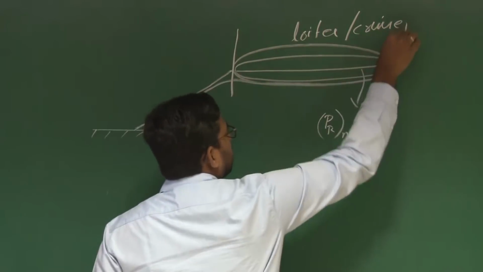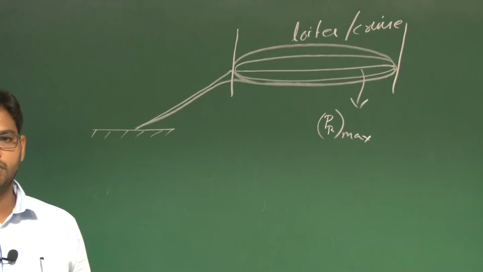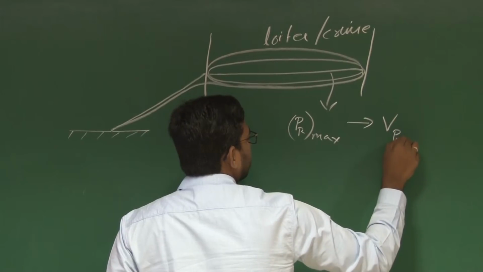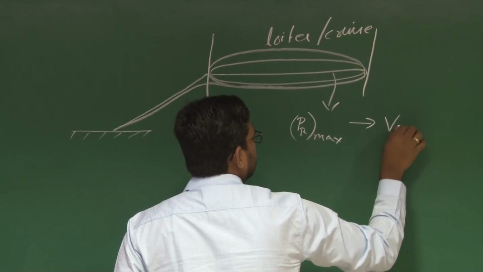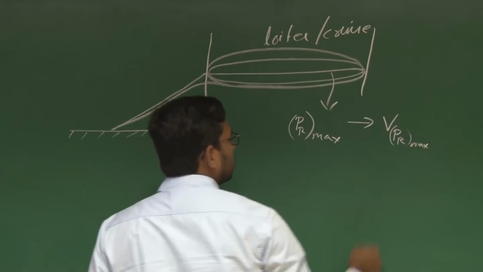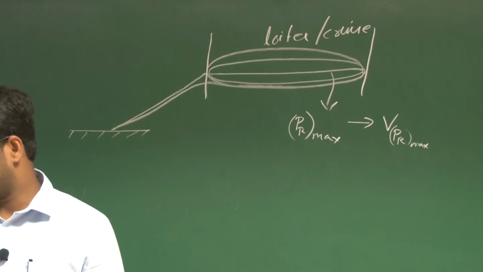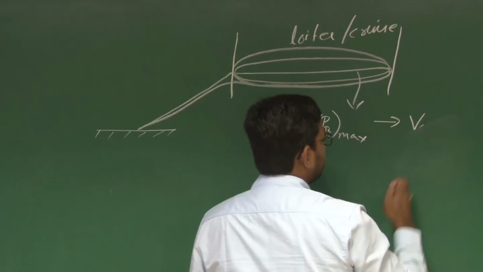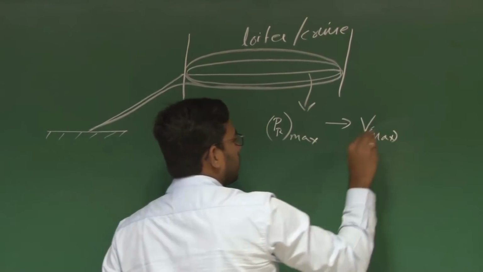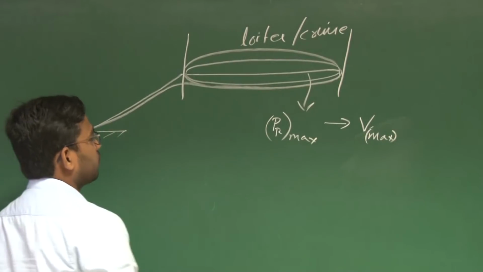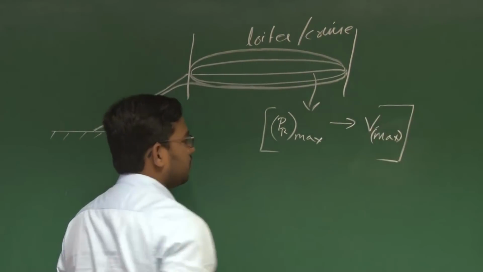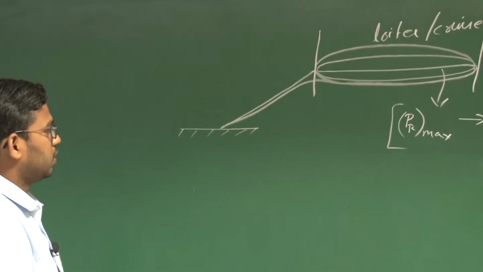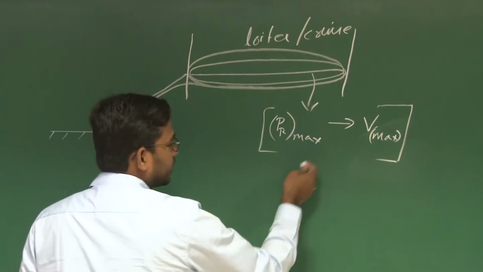Say for this particular cruise we are able to estimate the maximum power requirement, which depends upon the corresponding velocity for maximum power required. It depends upon the maximum velocity of flight, right. Say we have V max and the corresponding maximum power requirement. So from here we get one number with which we can select the power plant, right. This will be one of the criteria for selecting the power plant.